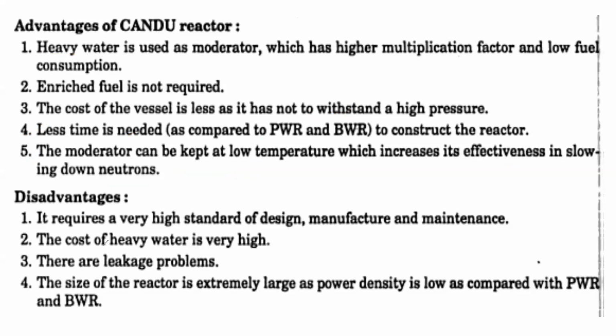The next is that the cost of heavy water is very high. As you know, in pressurized water reactors and boiling water reactors we use water, which is easily available. This is the advantage of PWR and BWR. But in the case of heavy water, the cost is very high, because it is quite different from natural water. There are leakage problems, because it requires high maintenance and a number of pressure tubes are there. So here we are concerned with this leakage problem. This leakage problem also occurs in the gas cooled reactor.